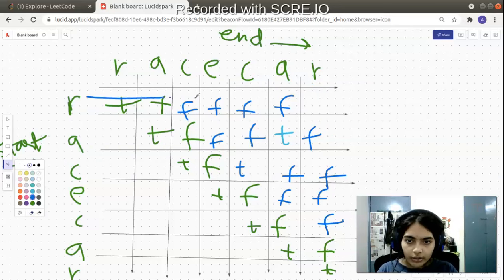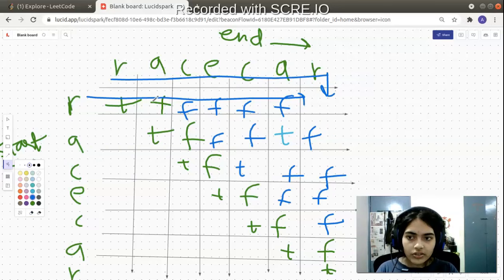Okay, now let's do the last example, which is very interesting. So now we have to check this. Is this a string starting from the first index and ending at the last index? Is racecar a palindrome? It is a palindrome, but we need not iterate over racecar and check. We know first and last characters are equal. R is equal to R.